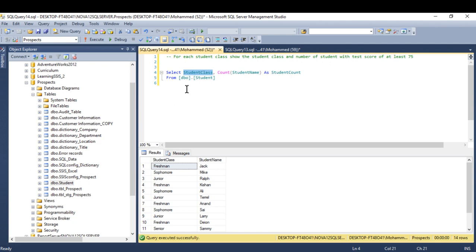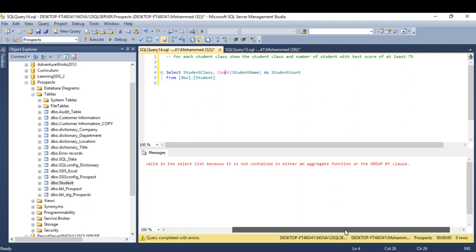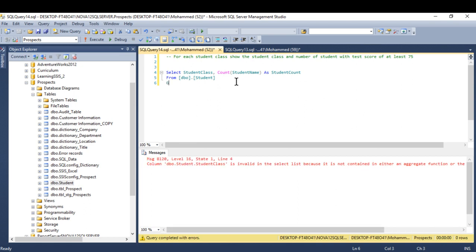If I run my query right now, I'm going to get an error because I didn't put the student class in a grouping clause. See, it says the student class is invalid in the select statement because it's not contained in either an aggregate function or the group by clause. So this is my group by